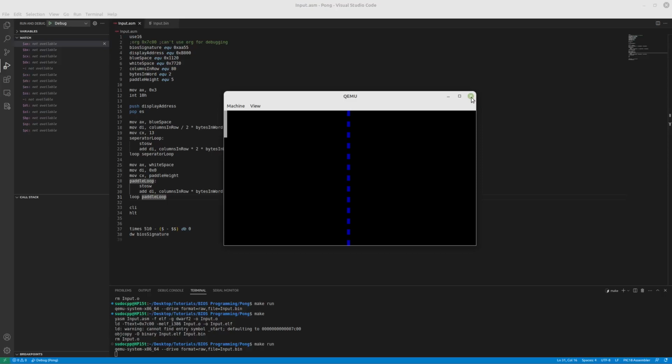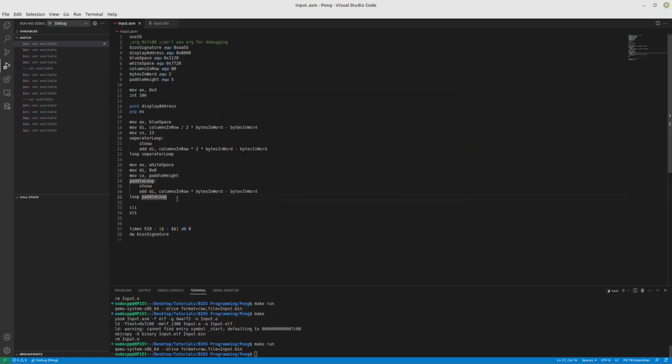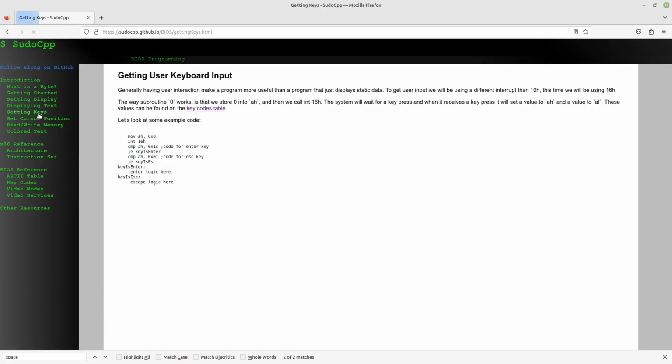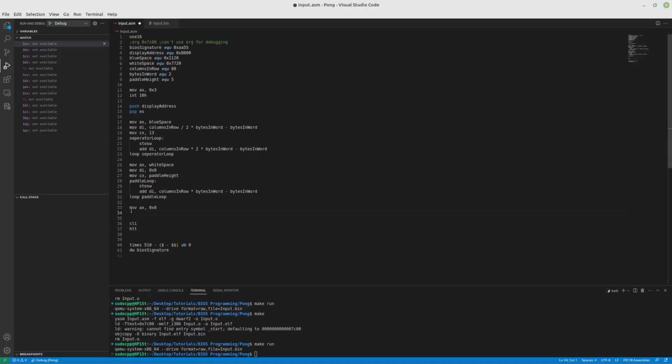So the next thing we're going to want to do is let's accept a key press. And we'll do one that actually waits for us to start out. So that's going to be moving into AX. That is the 0 function if I recall correctly. And we can double check off of the website here for getting keys. It is 0, and we're going to be calling int 16h. Okay. Yes. So we'll call